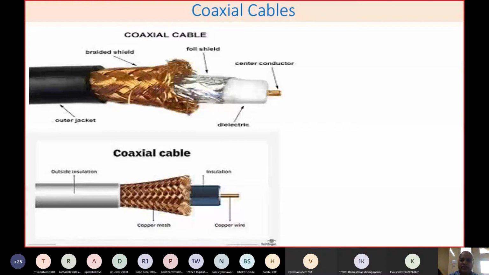And then there will be a center conductor, which is normally a copper conductor. And around this, there will be a dielectric. Again, this is mostly a plastic or clear plastic. This is why there are two diagrams that I'm showing here. These are very similar to each other. What is more important is that this is coaxial. That means your conductor is at the axis of your wire. That is why we can say that particular cable is a coaxial cable. This is also called thin net cable.